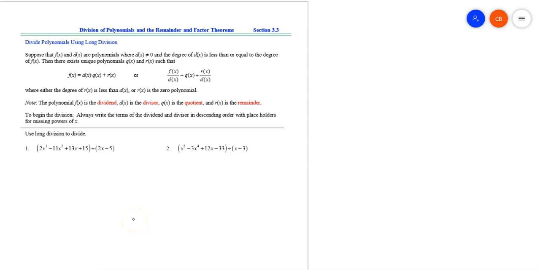Hello everyone, and welcome to the video for section 3.3 where we're talking about polynomial division. Before we get into what's going on with this notation that we see over here and basically the definition of what polynomial division is all about, I want to go back and remember what's going on with division just